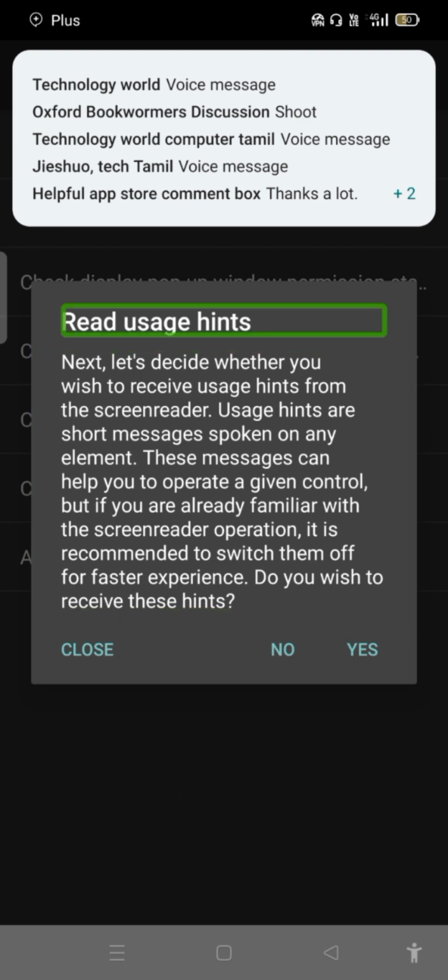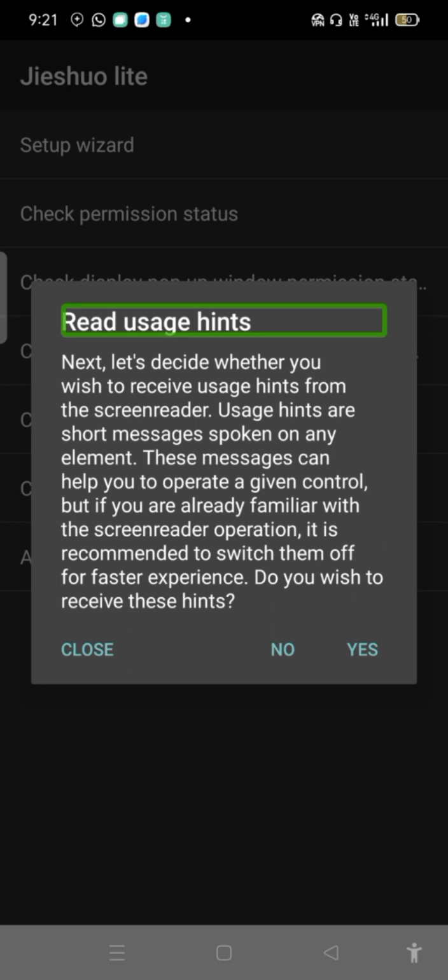So basically, if you're a TalkBack user, sometimes you will hear these words. If you focus on any application or any setting or anything else, it will say double tap to activate. The same feature is provided in the commentary screen reader, or Jieshuo. So if you want